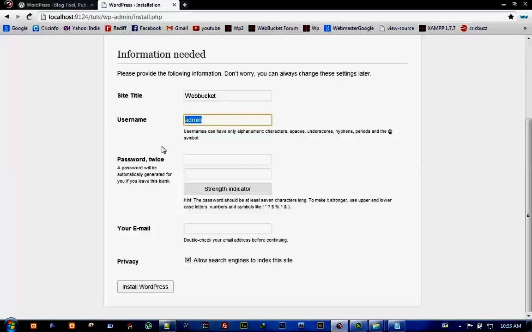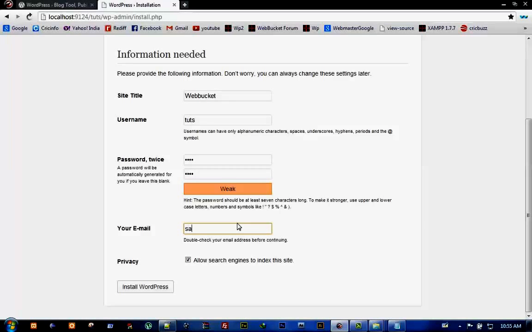I am typing dots only. Password, type something. I'm typing dots, but make it very strong. Find password generators online, create a password, then use it. Give your email. In case you forget your password, you can retrieve it from your email.